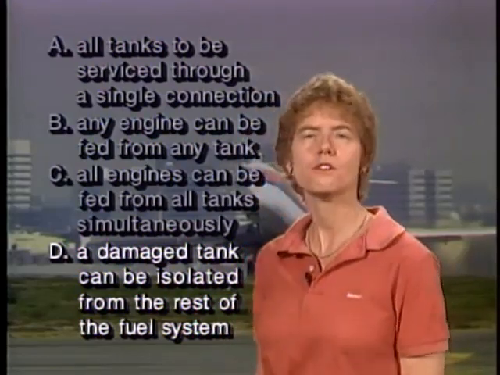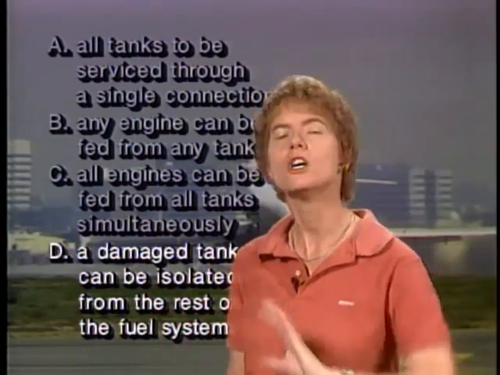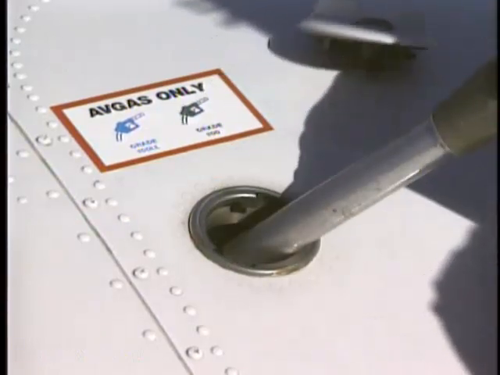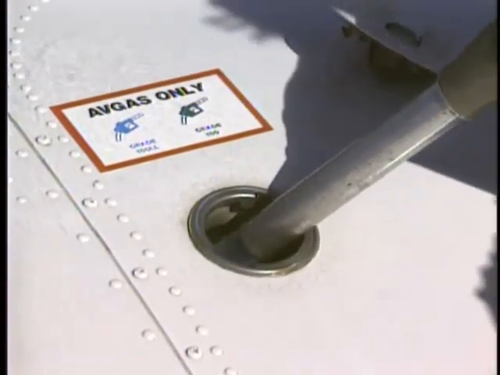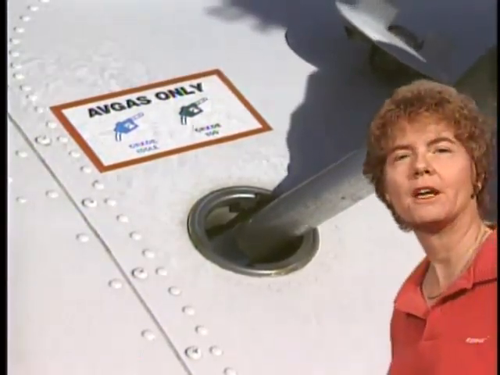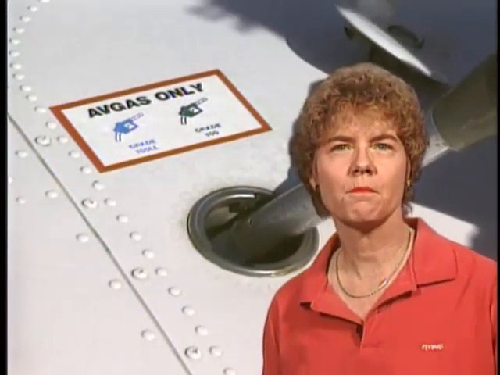If for some reason you get a leak in the tank or a lightning strike or any kind of damage, you can isolate it from the rest of the fuel system, and that's what a fuel manifold system allows you to do. Now, when it comes to fueling an airplane, in an effort to avoid people putting the wrong fuel into airplanes and thereby causing accidents, there are some minimum required markings that have to be placed on or near